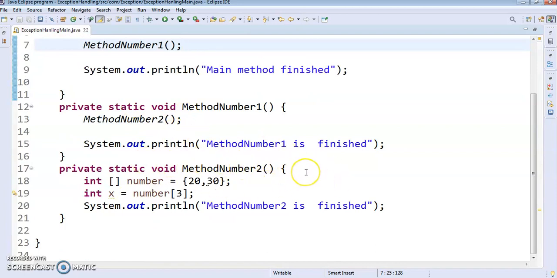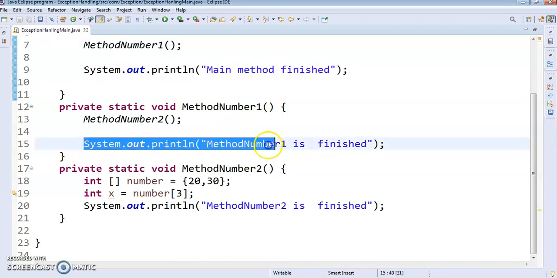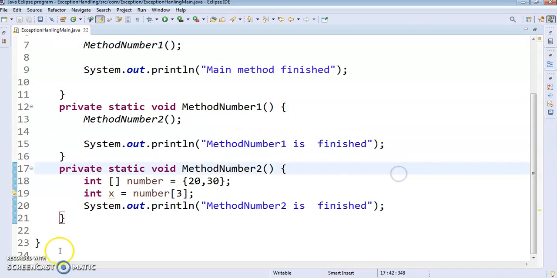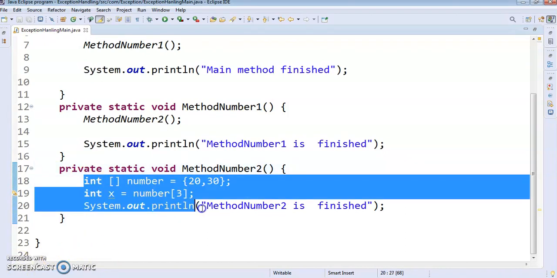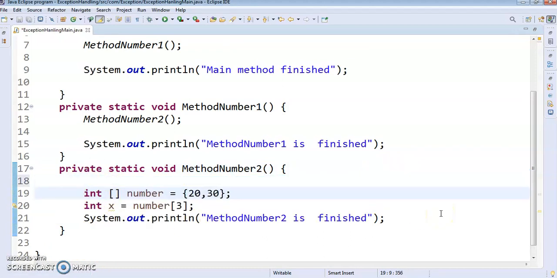Okay, so now we will try to see how to handle this exception and how these methods are going to be executed. These lines are going to be executed after handling the exception. So for that, we need to put this data inside the try and catch block. So how to do that?